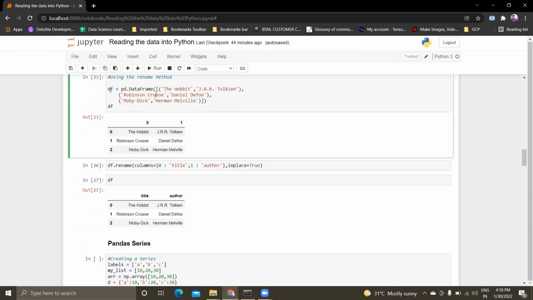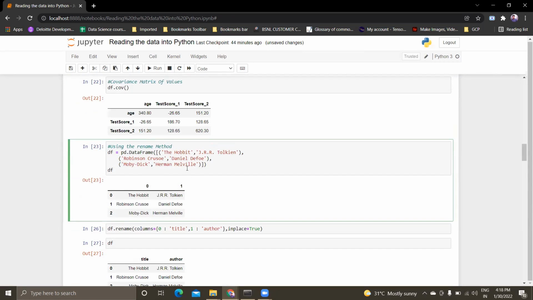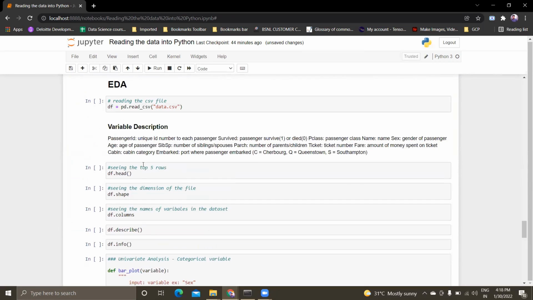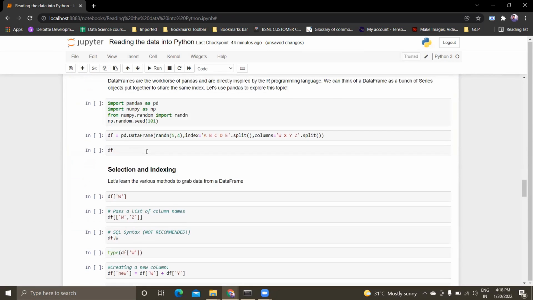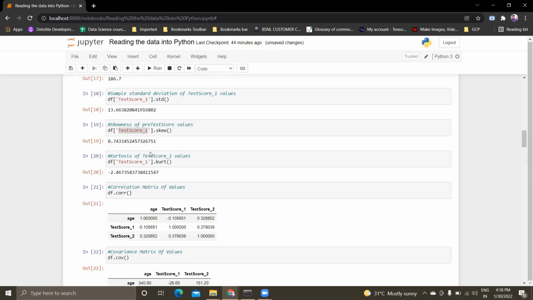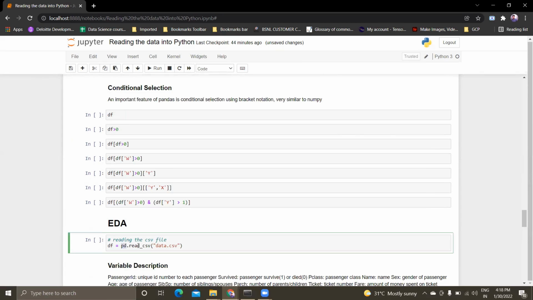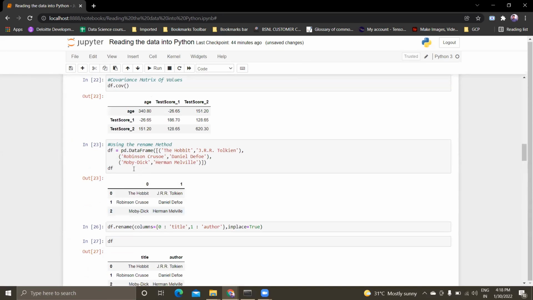So I have one question. Now, let's say this is data which has been created. If there is data which needs to be pulled in, like a ready CSV file, or a ready Excel file, or any file, or a SQL file, how do we pull it in? Can you just explain that at the top when you go? Yeah, I have that once the actual EDA comes. Oh, perfect. Then you can continue after that.